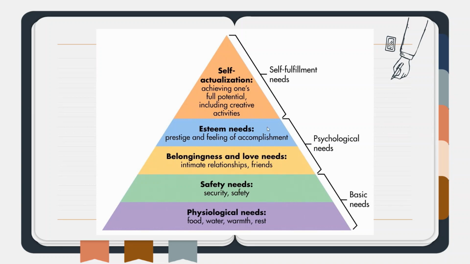Maslow specifically notes that esteem can be broken into two types: esteem which is based on respect and acknowledgement from others, and esteem which is based on your own self-assessment. Self-actualization describes the fulfillment of your potential as a person. Sometimes called self-fulfillment needs, self-actualization needs occupy the highest spot of Maslow's pyramid.